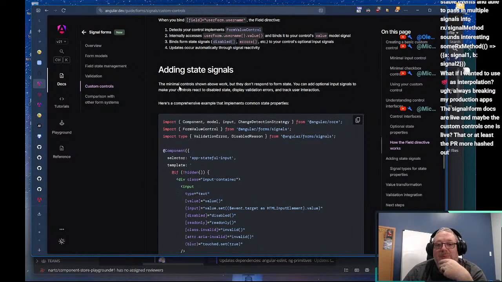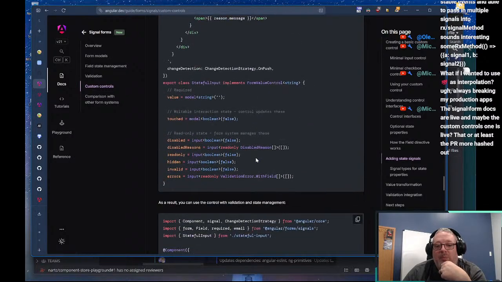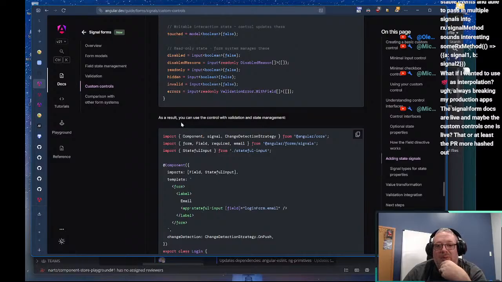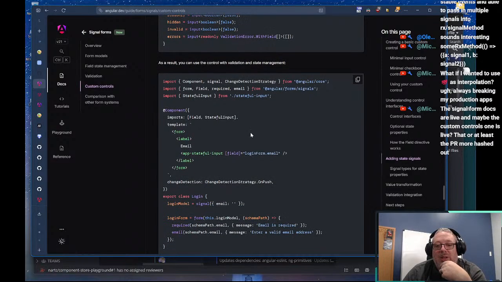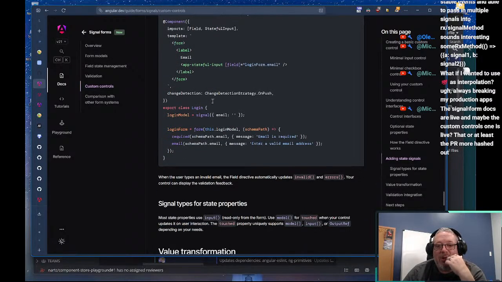Adding state signal. The minimal controls shown above work, but they don't respond to form state. You can add optional input signals to make your controls react to disabled state. Right. And so, yeah, you just add them to your inputs. And then when you bind to the field, you're automatically going to get disabled and all of that stuff that you want.